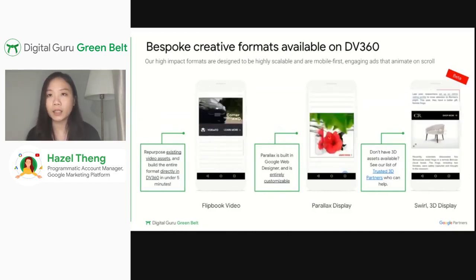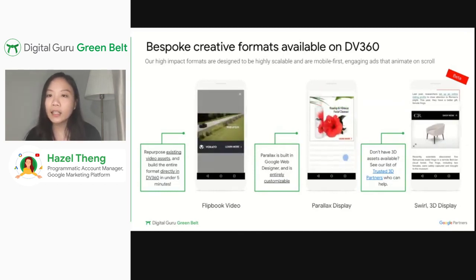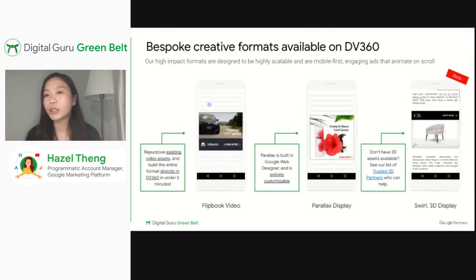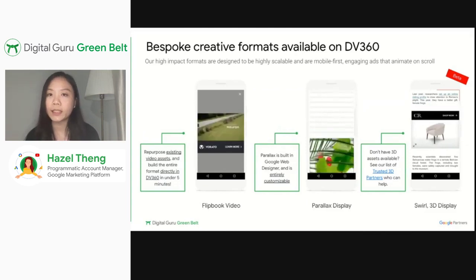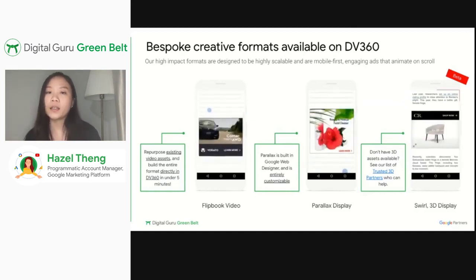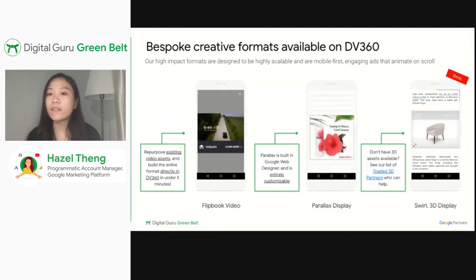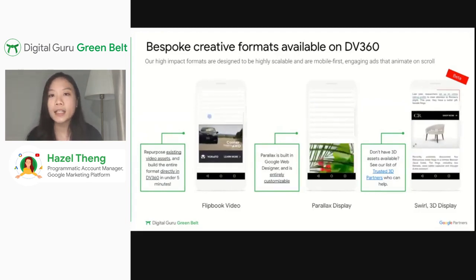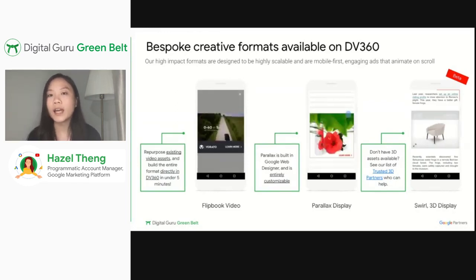The 3D swivel ad must be built within Google Web Designer. So it can't actually be built in DV360. You have to build it on Google Web Designer, and then later upload it, or sync it, port it directly to DV360. It would also require a 3D asset. So advertisers can consider repurposing an existing 3D asset, or building a new one. We have a couple of recommended 3D asset providers if advertisers need one. So feel free to reach out if you know that your advertiser is interested in this format and they want to build a 3D asset swivel ad on DV360.